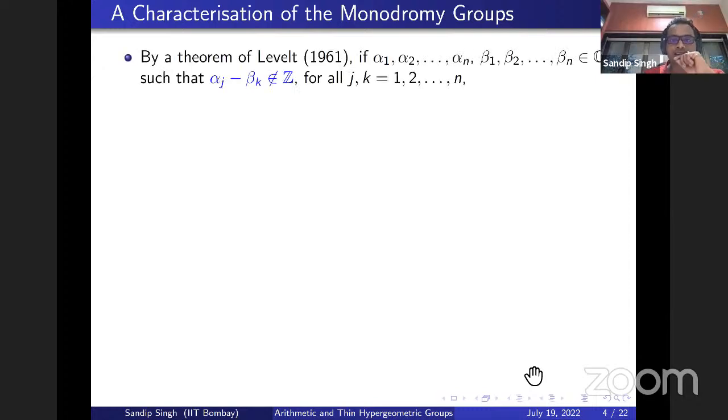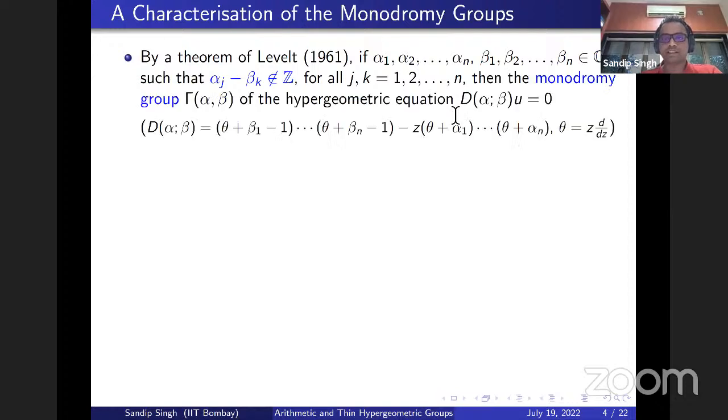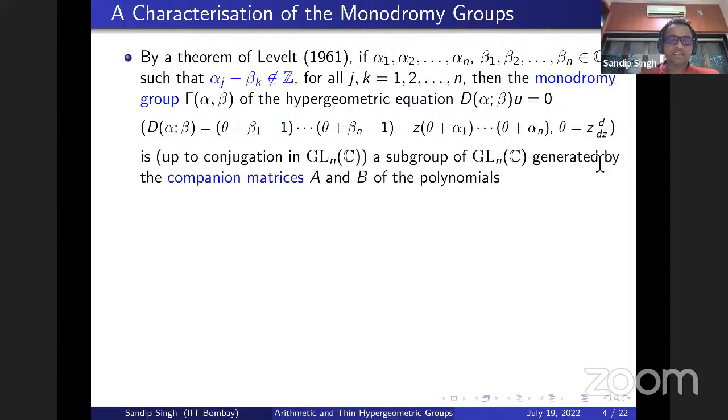So by a theorem of Levelt, if α1, α2, ..., αn, β1, β2, ..., βn in C are such that αj minus βk is not an integer for all pairs j and k between 1 and n, then the monodromy group Γ_{α,β} of the hypergeometric equation D_{α,β}u = 0, remember that D_{α,β} denotes this differential operator, where θ is z times d/dz, is, up to conjugation in GL_n(C),